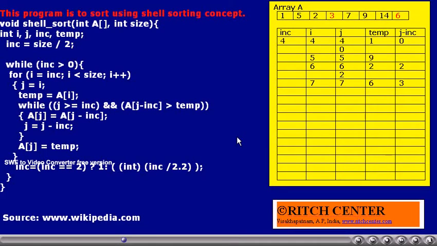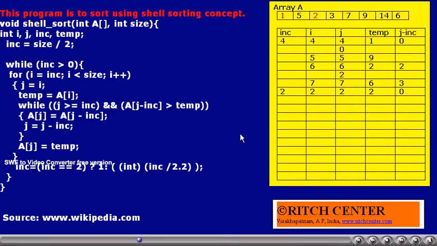Now we have another set in the H sort, that is third element and seventh element. Their values are 3 and 6. They are already in ascending order. No action takes place on them. Now the increment value will be taken as 2.